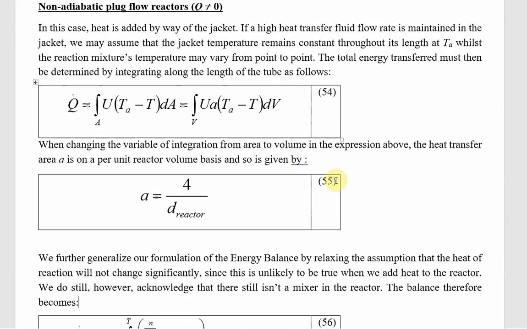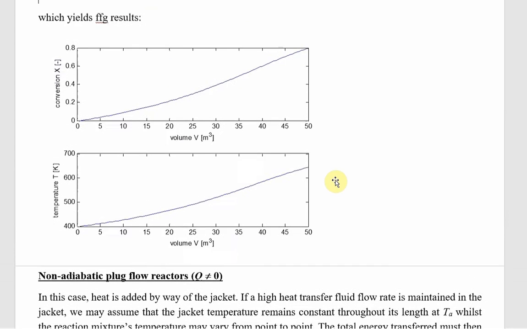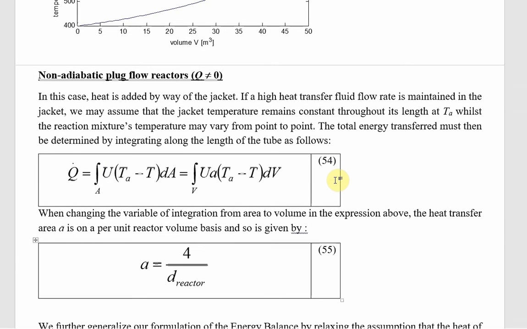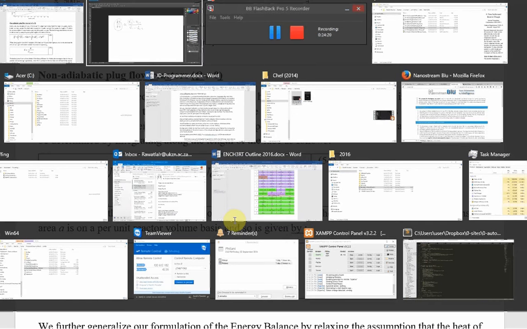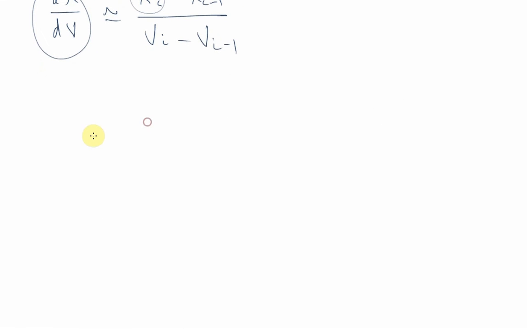Okay. So that's that example. And now, of course, we want to generalize that a bit further and consider, well, what if we do have heat transfer happening in here? So let's say we are adding heat along the tube, then we'll, of course, have to integrate this up to each point. So along the tube, right, if that's the reaction tube here, and then if we've got our heat transfer tube out here,